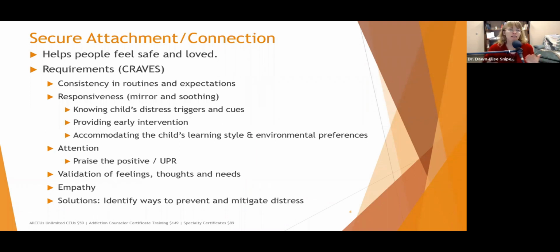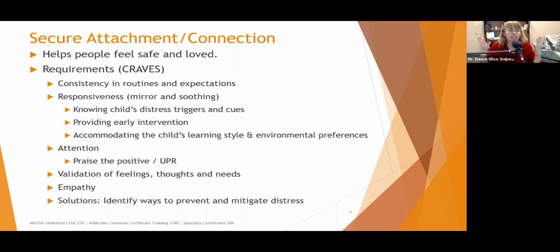Keeping a list or a log of those cues and triggers and the vulnerabilities. If Johnny doesn't get a good night's sleep, then he seems to be more dysregulated when exposed to his cues, for example. We want to provide early intervention that goes with responsiveness. For caregivers, we want to prevent and mitigate any of these triggers possible. If we know that Johnny is sensitive to really bright lights and that tends to cause him stress, we want to make sure that we have sunglasses in our backpack.